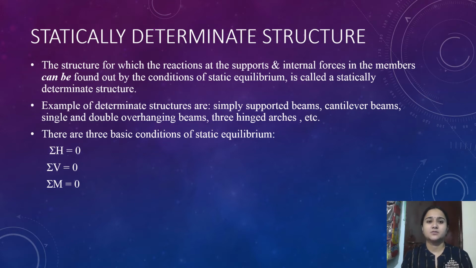We basically know there are two types of structure, determinate and indeterminate structure. Both types of structure have some advantages and some disadvantages. Both have some basic known component reactions, and from those we have some unknown component reactions also, and by using basic static equilibrium conditions we are going to determine the unknowns in our structure. So we'll start with the first term, statically determinate structure.